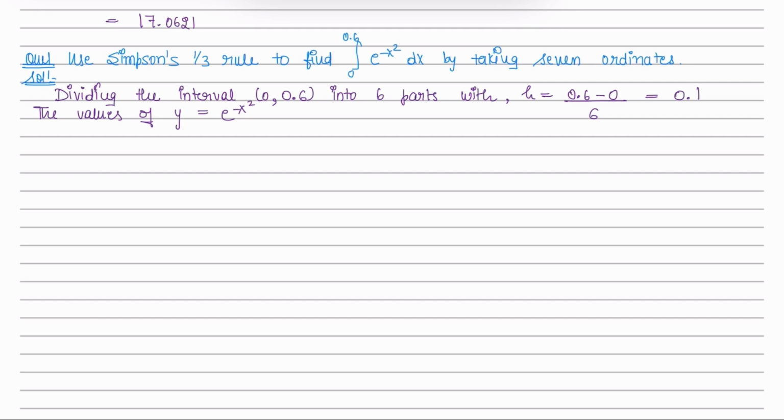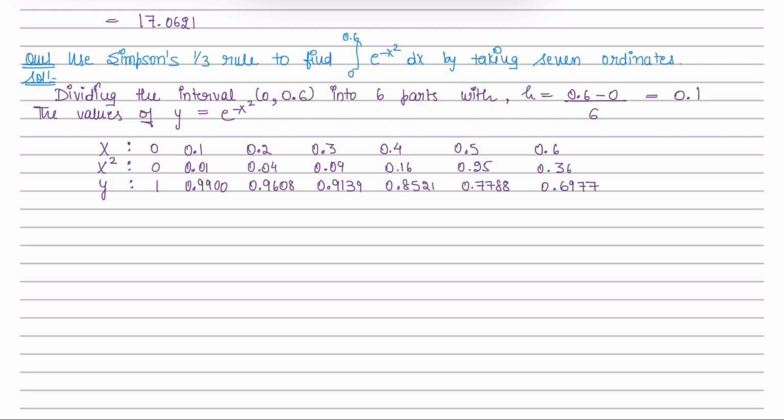So while calculating the table, firstly we will make a row for x values, then we will make a row for the values of x square, and then we will calculate the value of y. I have used this extra column x square just for convenience. If you are fine with the calculations, you can directly find the value of y and skip the value of x square here. Now by Simpson's